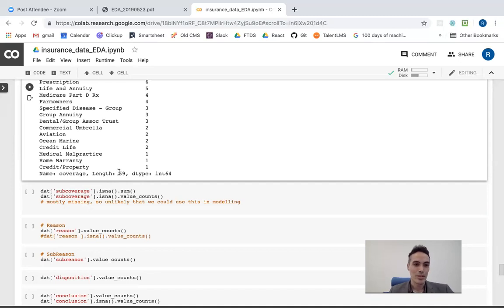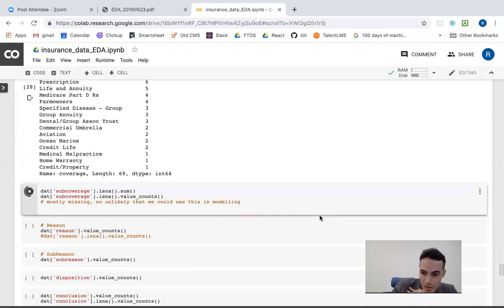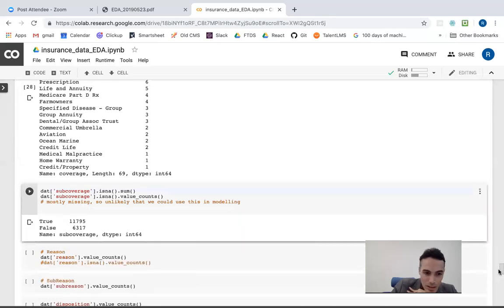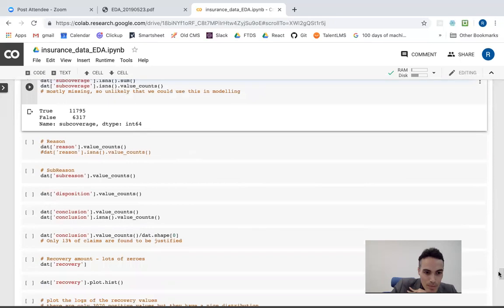They might type aviation insurance instead of aviation here or something. But they haven't done that. So we have quite a systematic grouping of possible types of insurance, and that's good to know. And then subcoverage, remember, was the one where we had mostly missing values, so I won't say too much about that. Reason, sub-reason, disposition,